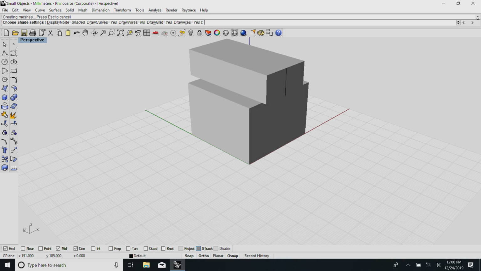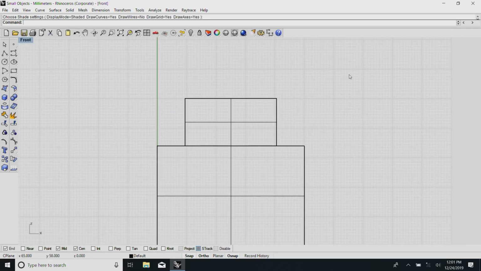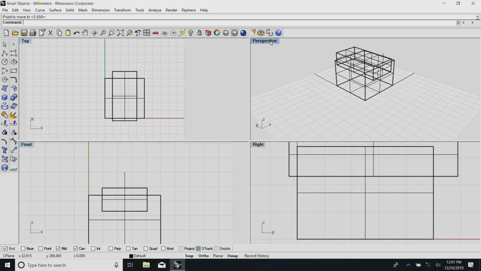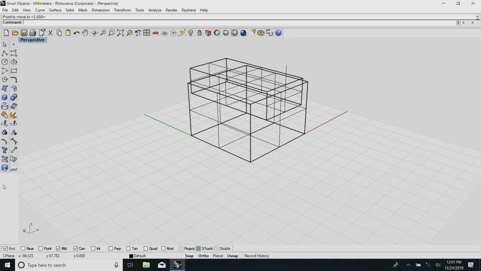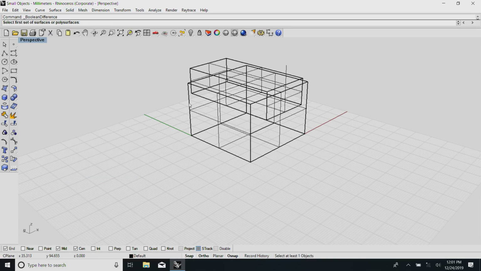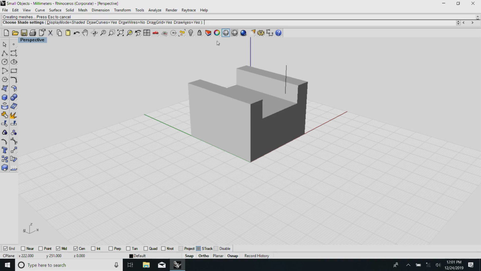Why I am showing you this is exactly the way the fabrication shop works. Now, the only thing is this is almost touching here. I need to move it to the necessary depth, in this case 11 millimeters. Now, I have two solids, and if I make the difference, see, my first cut top groove is ready.